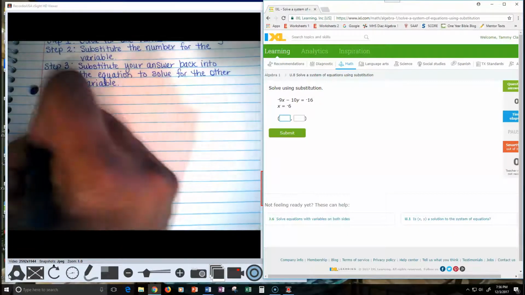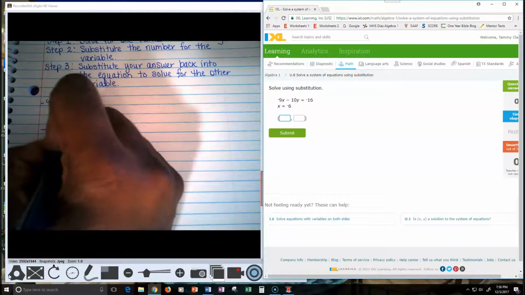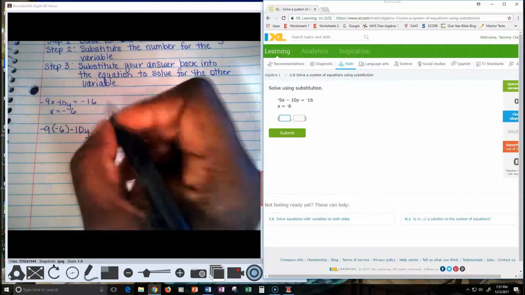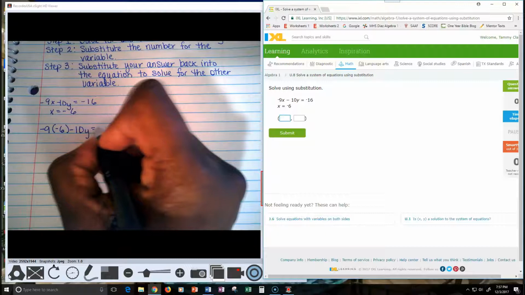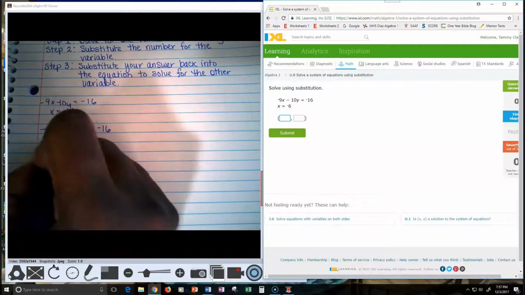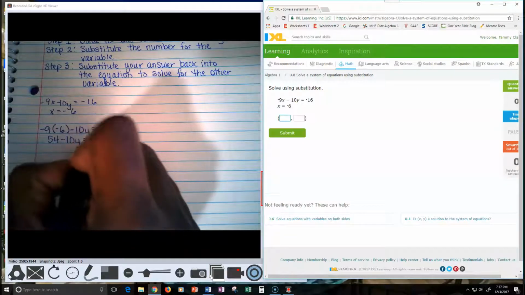So I would say, okay, negative 9 multiplied by negative 6 minus 10y, because I don't know what y is yet, equals negative 16. So negative 9 multiplied by negative 6 is positive 54, minus 10y is equal to negative 16,